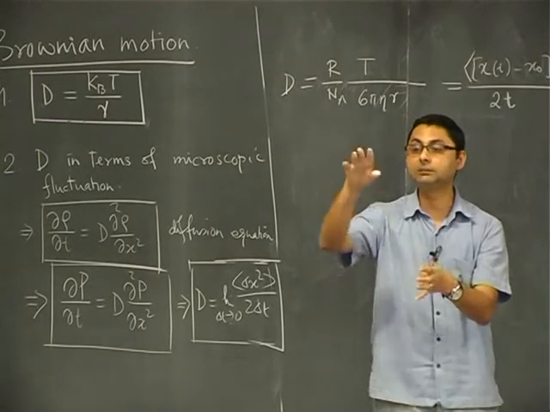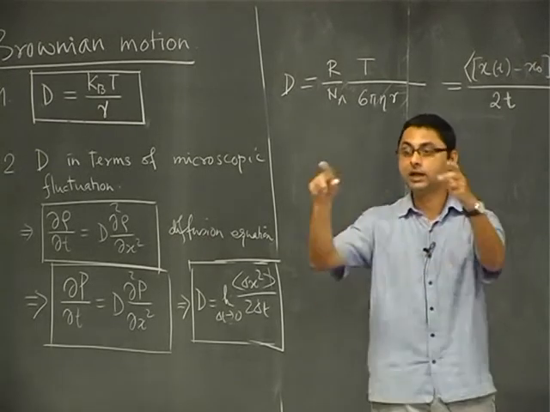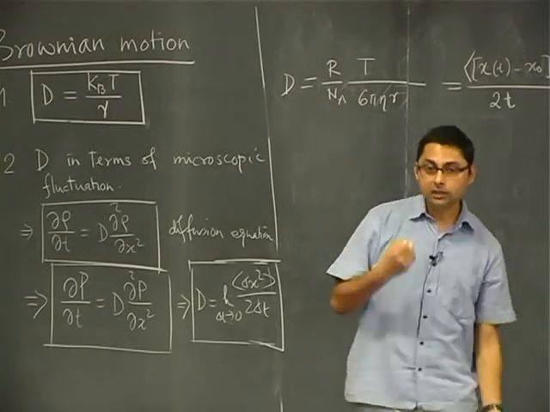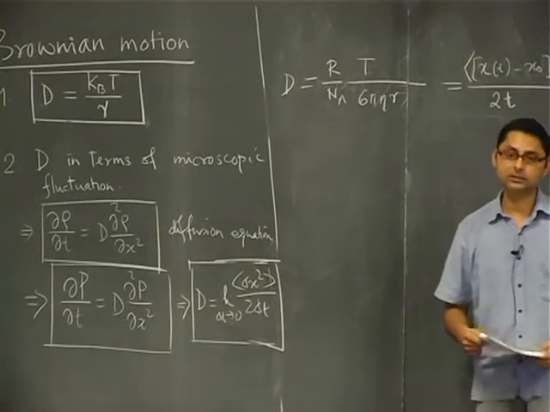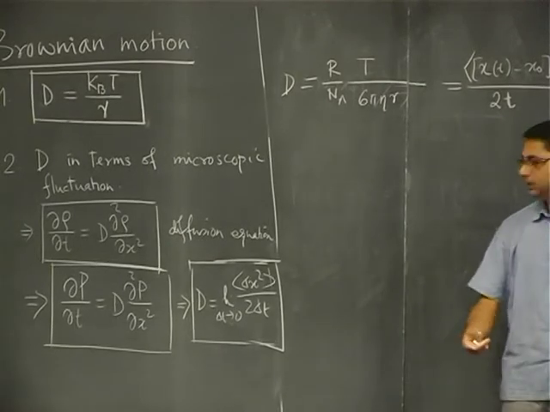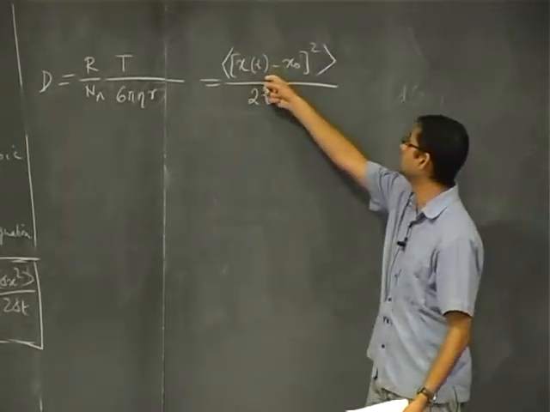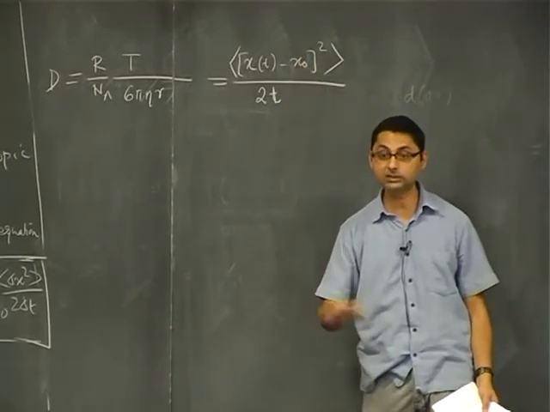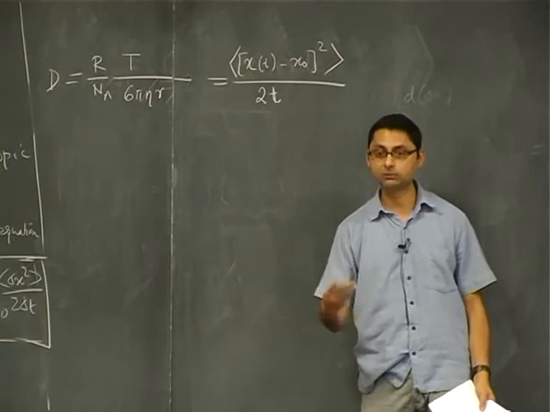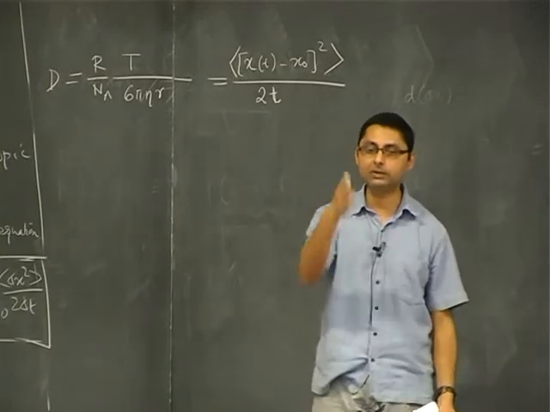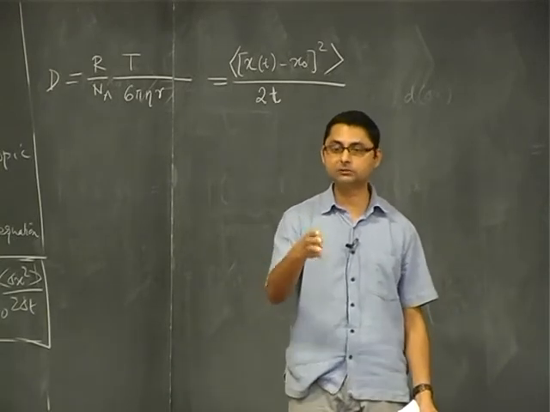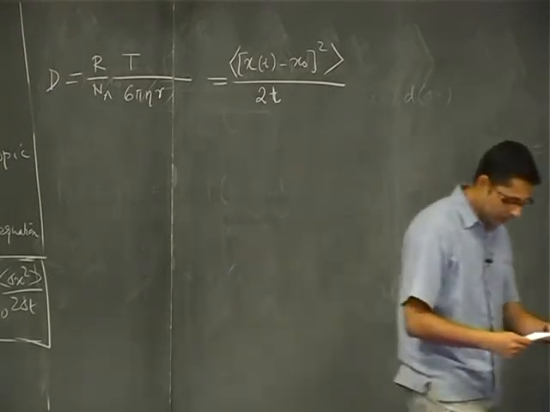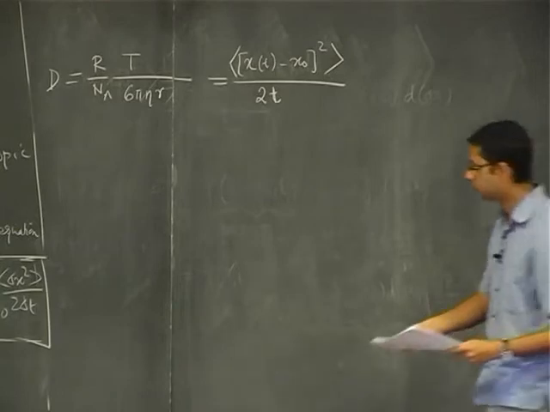Then what will happen? There will be temperature inefficiencies. Because of that, again there will be convection, right? And those will not give you the right result. It will still be diffusion, right? If you measure this x(t) minus x0 whole square, it will still go like t, right? Because it is diffusion, but it will not be Brownian motion. So there is a clear distinction between a Brownian motion and a diffusion. Brownian motion is a kind of diffusion, right? Okay. So now,